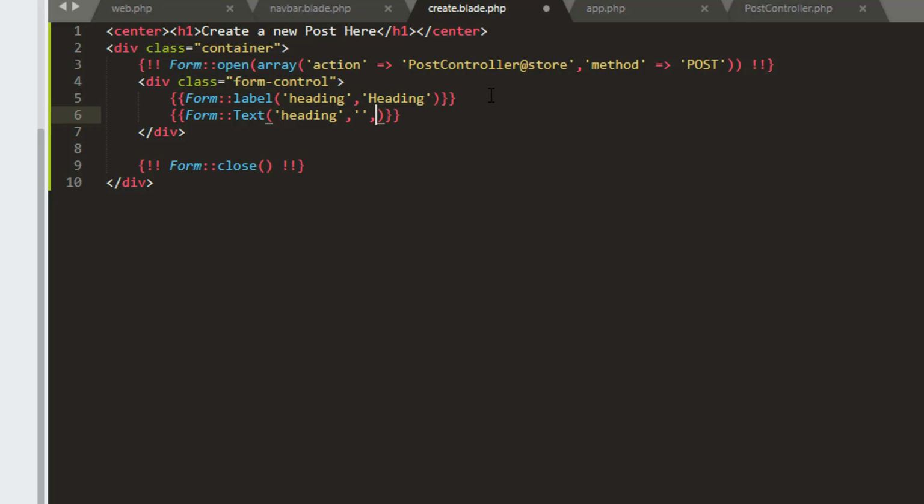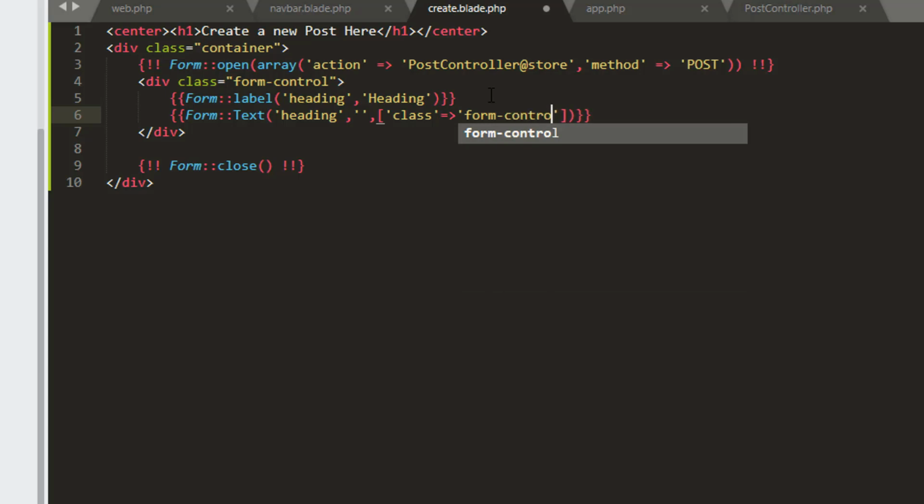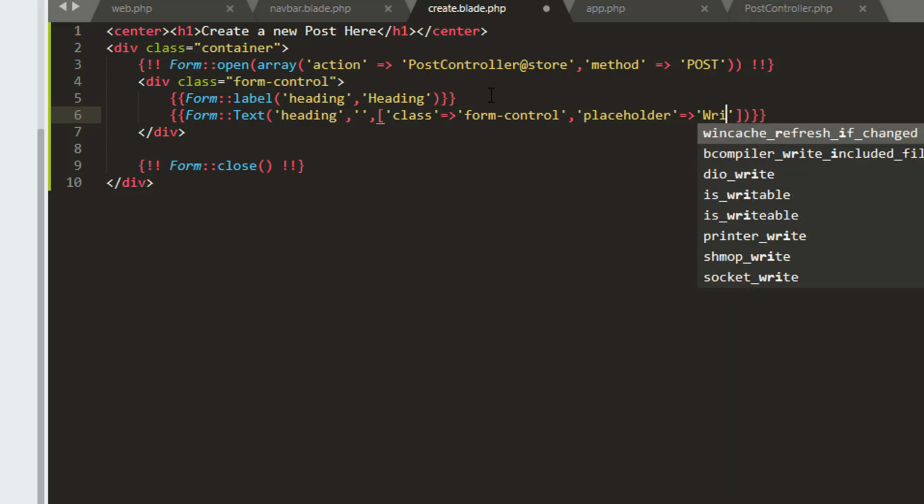In order to do that I will use brackets. So in the first bracket I will write class, and I am going to give it a class of form-control, and a placeholder should also be used. So I will use placeholder, and I am going to use a placeholder here. I am going to name it as write